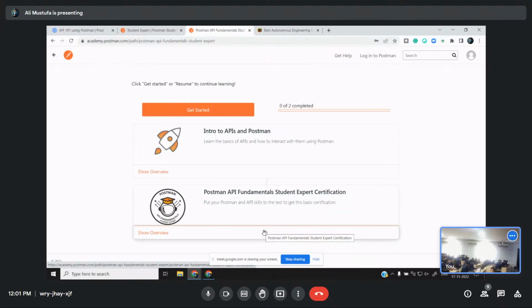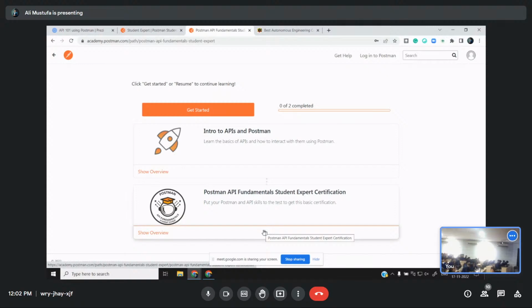Yes? Yes, awesome. Okay. Now, how many courses do you see? 37 lessons are there. How many courses? 2 courses. API Essentials, which is Fundamentals, Intro to API. And then the second one is Student Expert Certification, the only certification in the industry provided by an API leader in the industry, which is Postman.